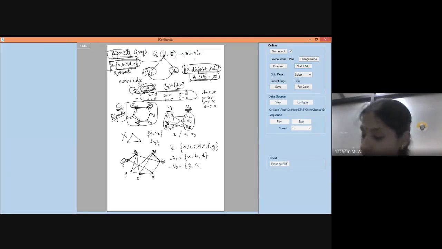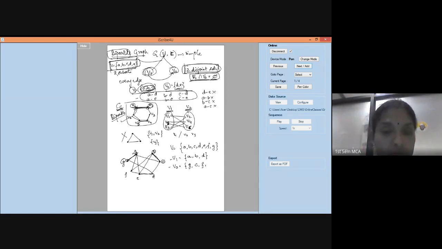All right, next. C and F, you see that vertex C and vertex F are not connected. That's an indication I can put them together. F and G are not connected, so I can put F and G together. C and G are not connected, correct? But I cannot put A and G together, that is not possible.